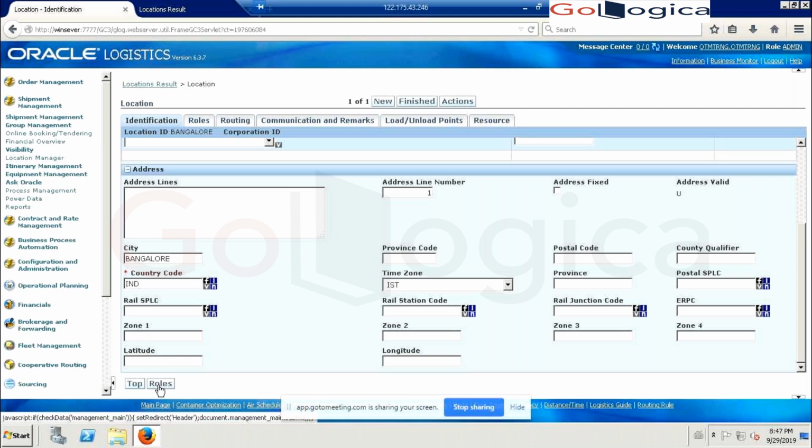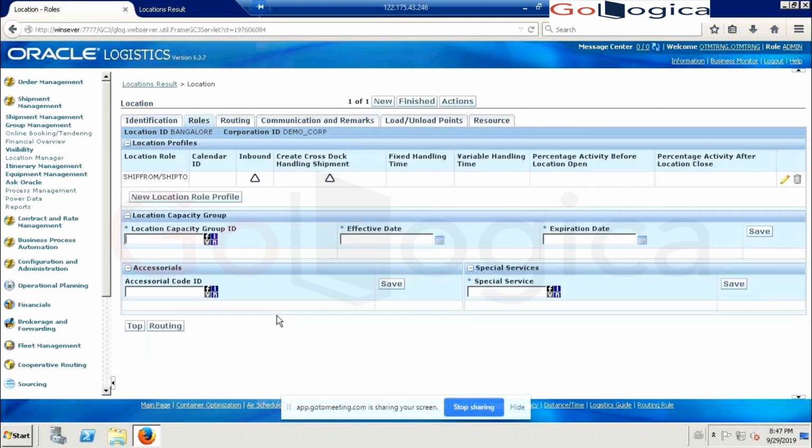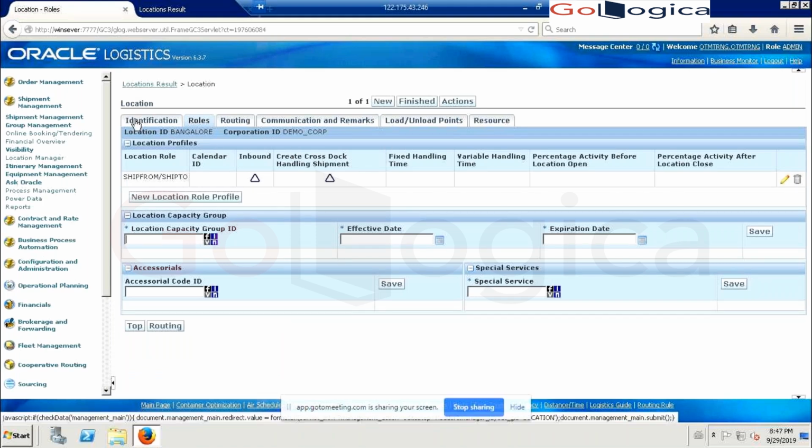If we provide the province code and postal code, will that come automatically, or does this instance not support that? For India locations we generally will not get it, because in OTM that is there for US configuration majorly.